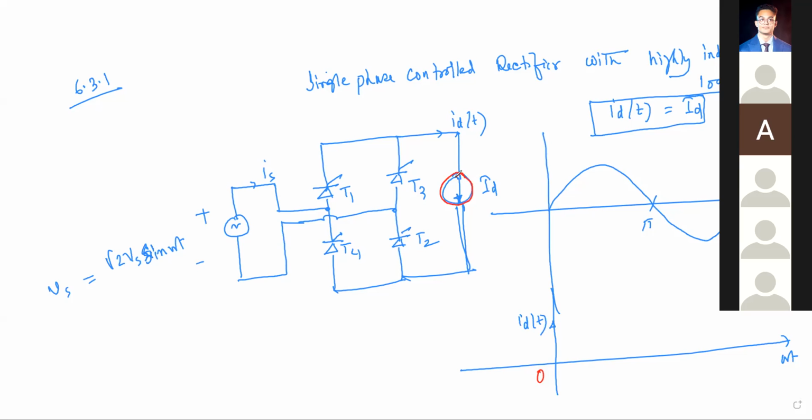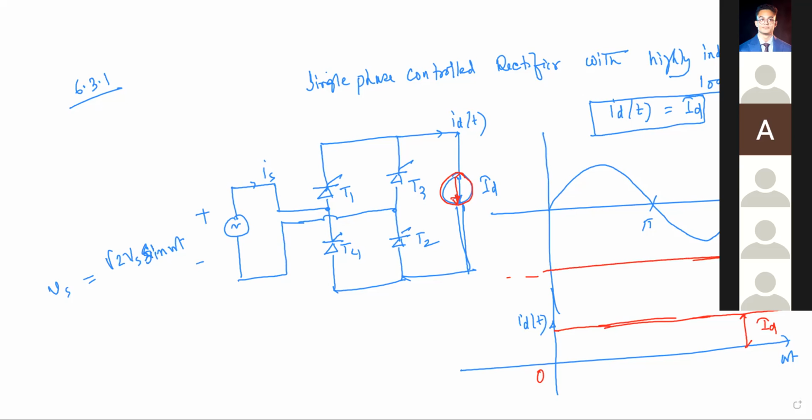What should be the shape of the output current? A constant value ID. It should be parallel to the omega t axis, right? Our load is such that there should always be a current. So then how shall we